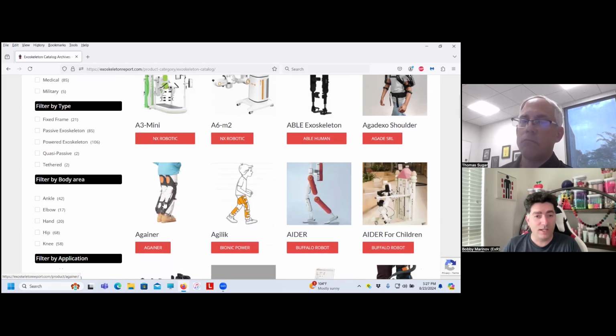You could be an employee that has a task that needs to be finished. You could be cleaning out, let's say, a nuclear reactor. The work needs to get done. And why not have a new family of devices that supports physically what it is that we do as humans